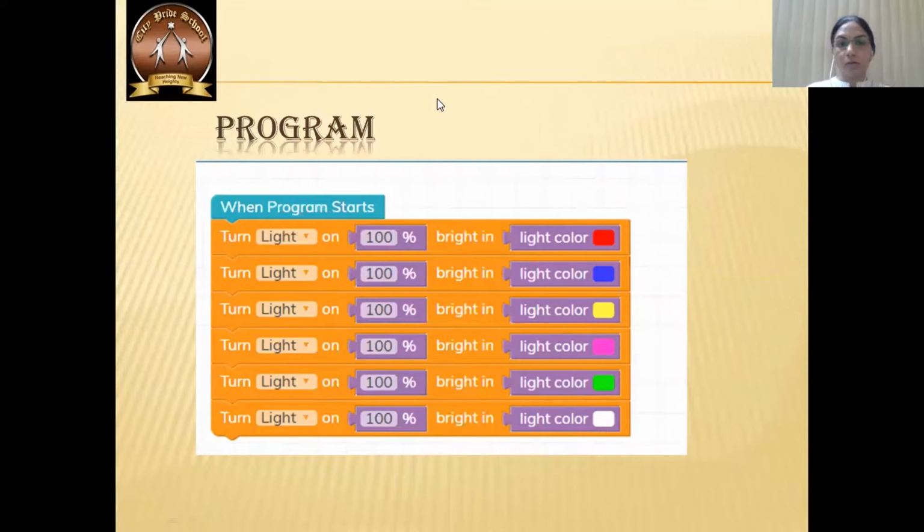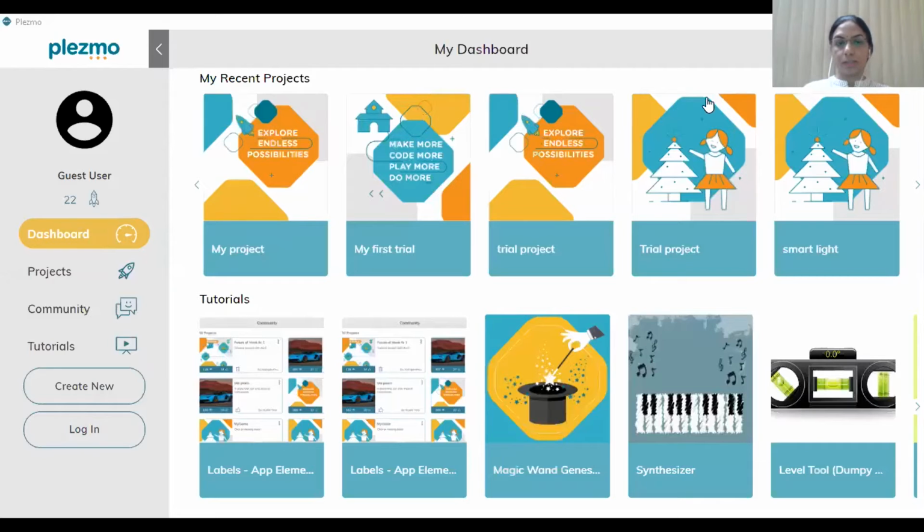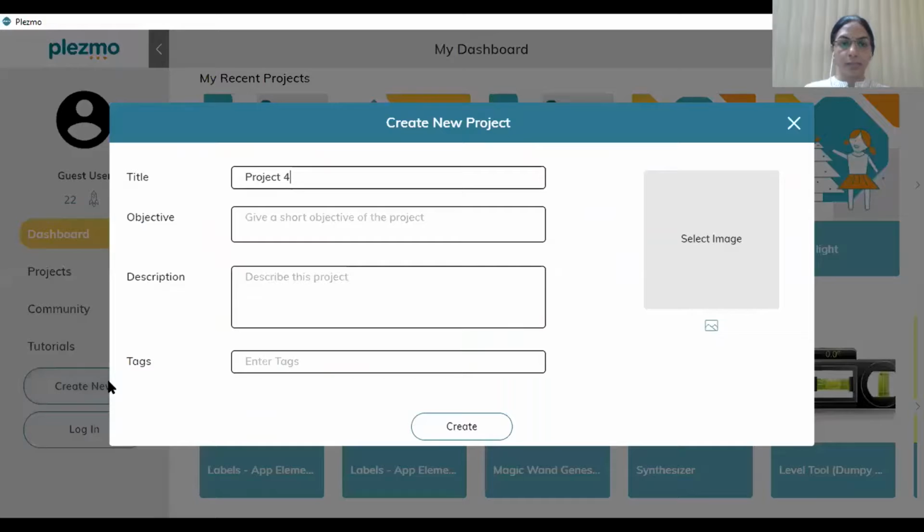So now we will try things in the Plasmo software. As I already told you, you have to create a new project. So create new project, we can go ahead. So it's going to be our first project. We can write here: first project.